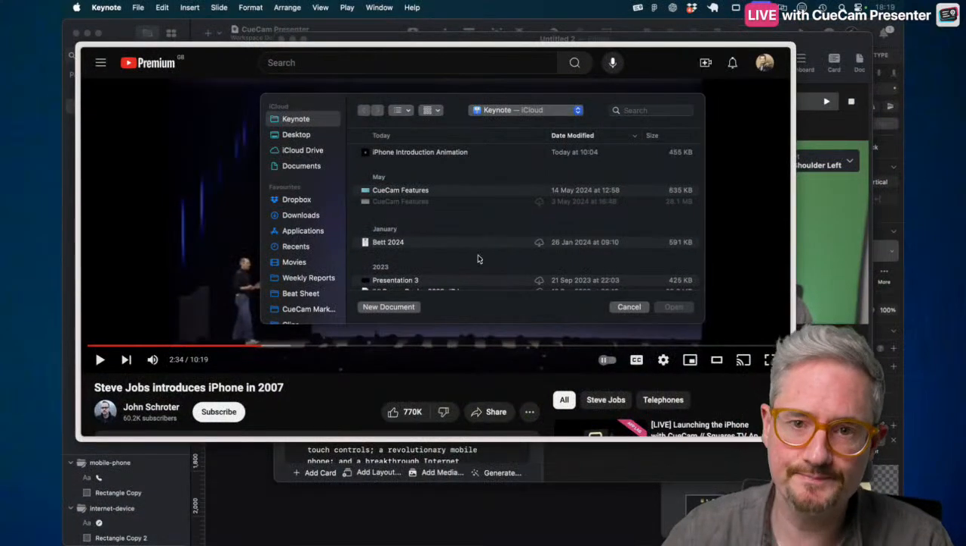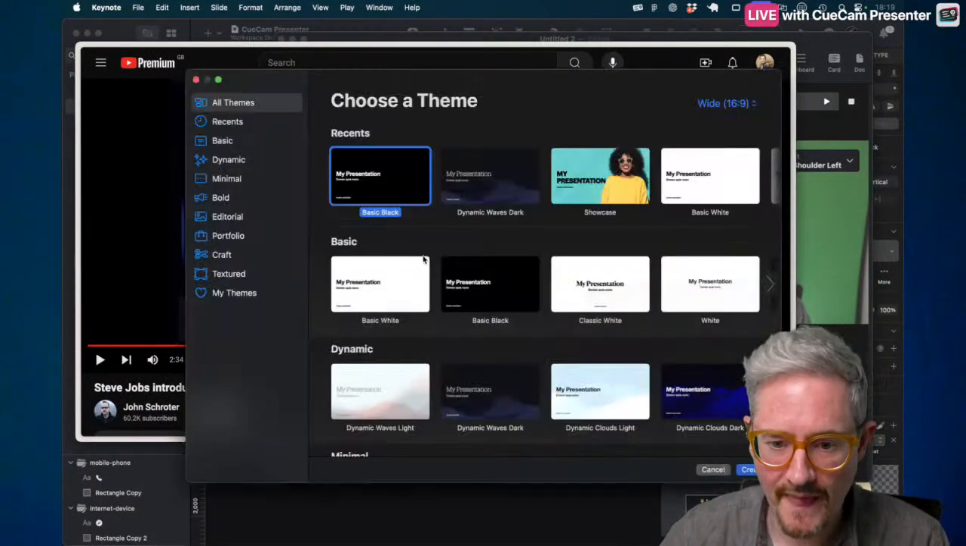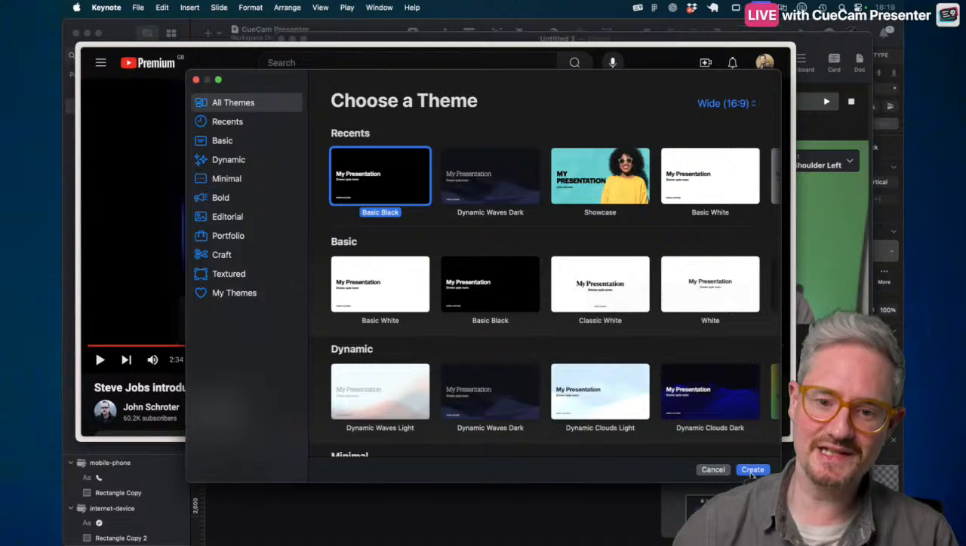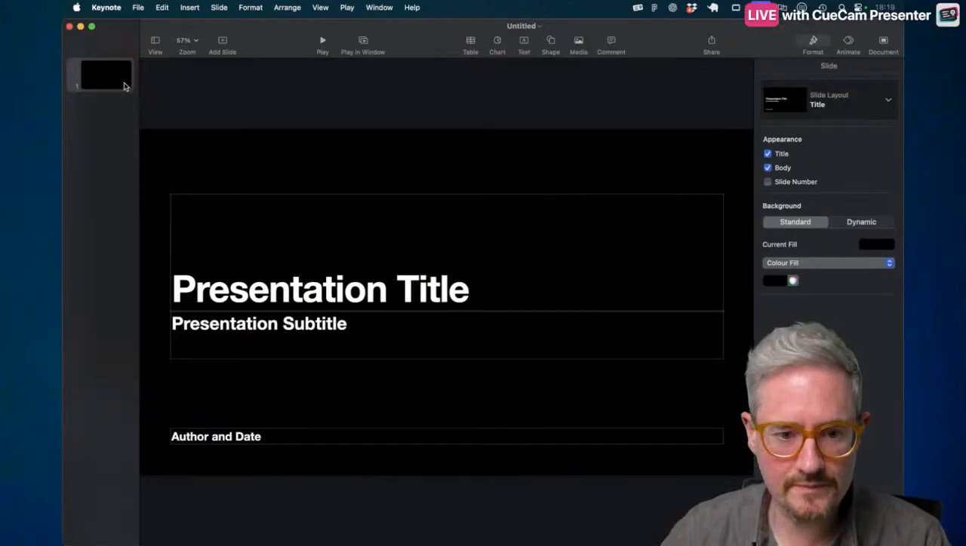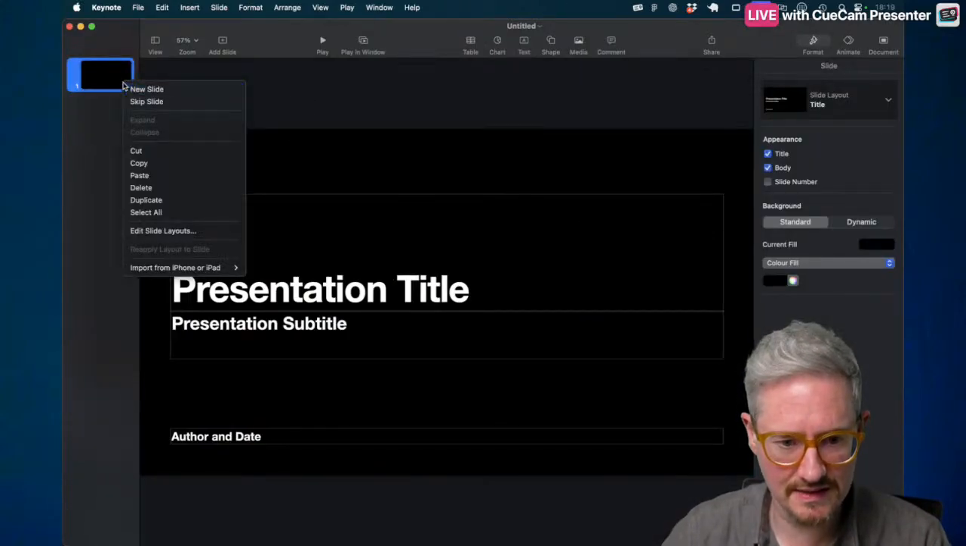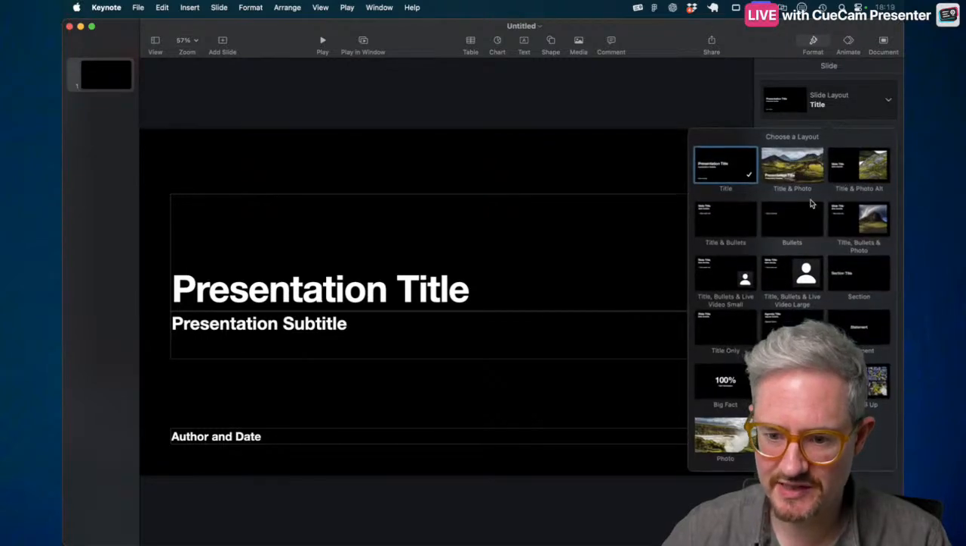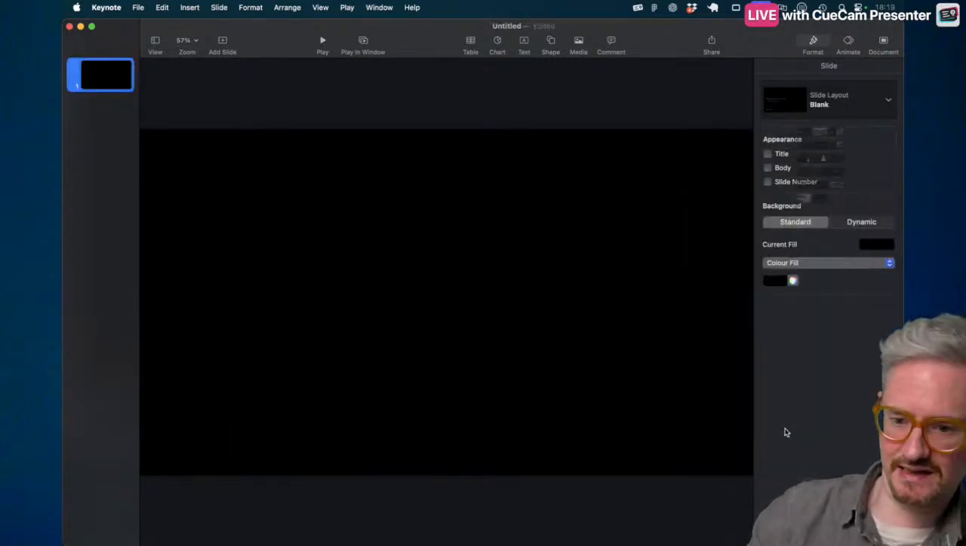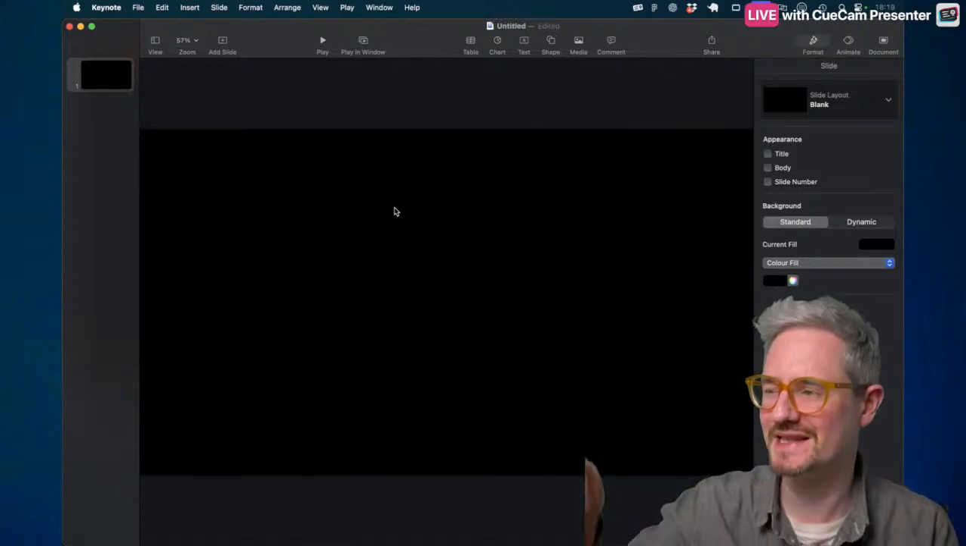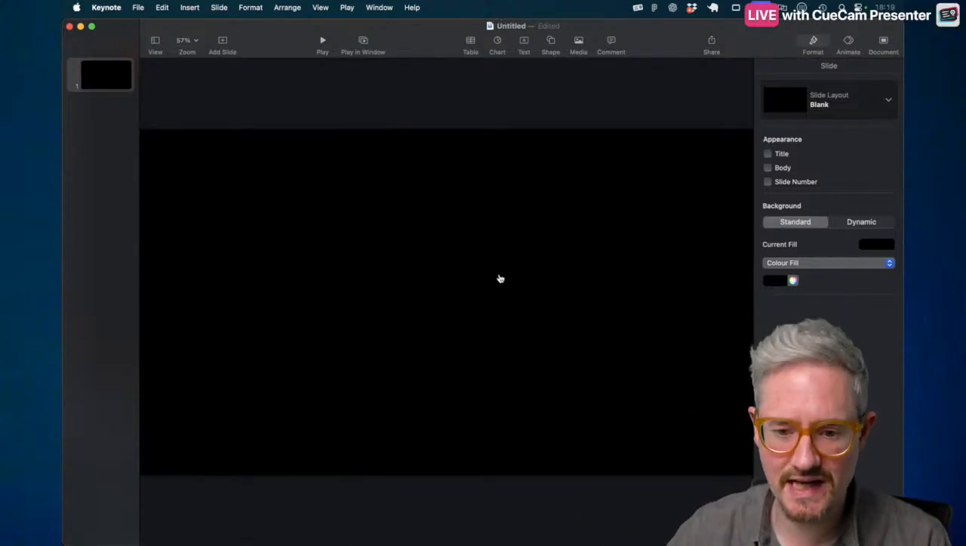So in Keynote, can you tell I'm tired? I'm just going to create a new document. I'm actually going to make sure it's a blank. I think there's a blank layout here because I did delete the stuff, but then that caused problems later. But what we can do is